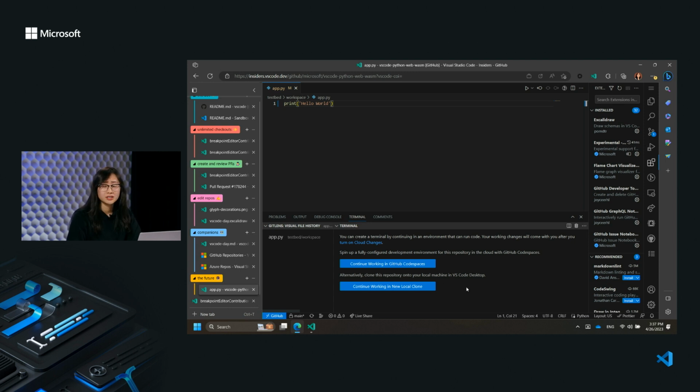And alternatively, if you don't want to be using GitHub Codespaces for any reason, you can also do a one-click clone to your local machine. And so that's one limitation that I want to call out right now. At the same point in time, I want to tell you that the future is so close to being here,